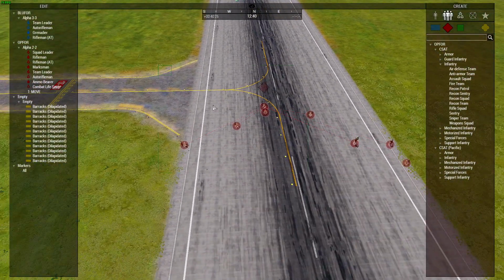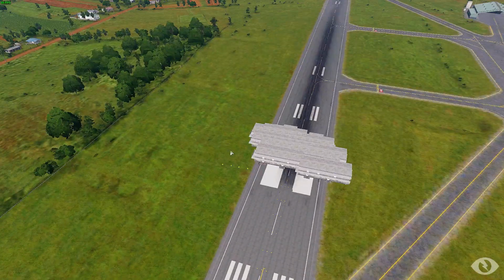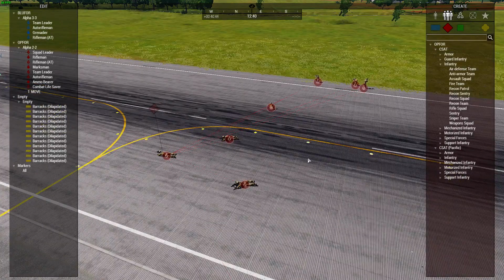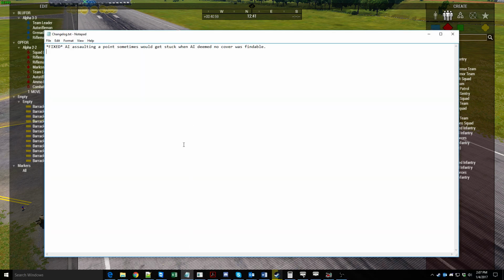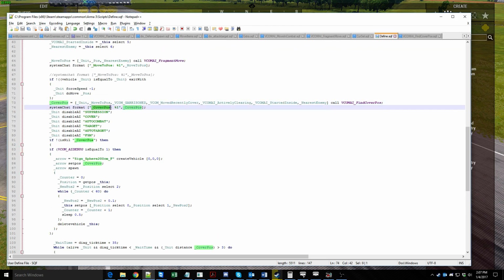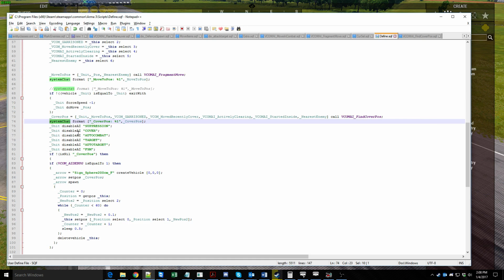Let's see if they get stuck now. Can they see that? There's no way they can see the AI through this. No. No, there's no way. Okay, so far we haven't even got any debug messages. You know what? We didn't get them last time either, but they were definitely going. Go back to define here. Did we get any of these for the last group? I don't think so. So since we're not getting... Oh man, did I...